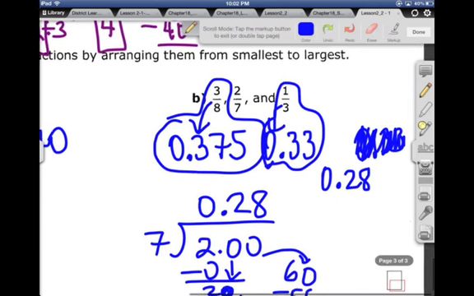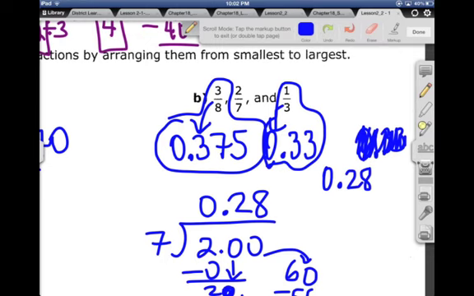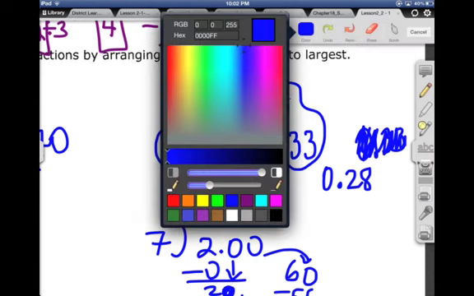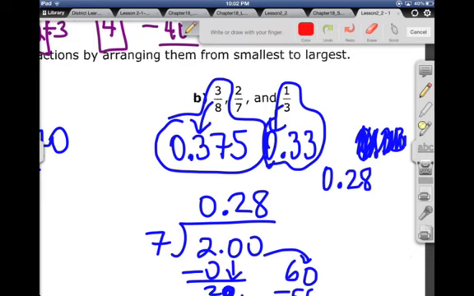Let's see if I can find a little bit of room. I think I can. Change color. Let's hit done. There we go. All right, we'll go with red. 3/8 is the big one because it was the biggest decimal. And 1/3 was next. And 2/7 was smaller than that. So if we go from largest to smallest, kind of go in what we call descending order,